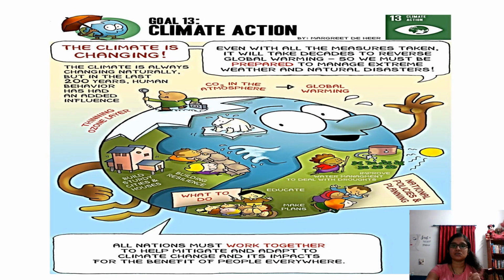Next is climate action. So this is what you were talking to me about in the morning when I was discussing with you. Many of you spoke about climate action. We have already seen this a lot through that book, Carbon Footprint. There are certain things that we are doing which are harming the earth, like cutting the trees. And because of cutting the trees, what is happening? The earth is getting warmer, which is called global warming, because there is less oxygen, so we are not able to breathe properly, and there is more carbon dioxide, and the smoke generated from the vehicles, smoke generated from the factories, everything gets mixed up,